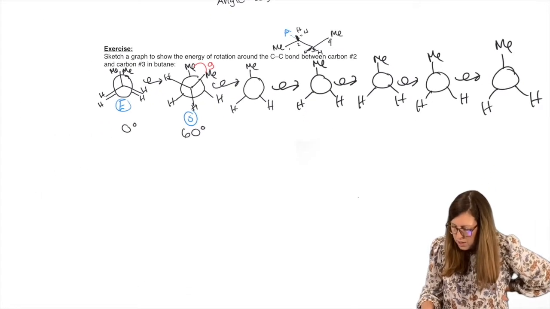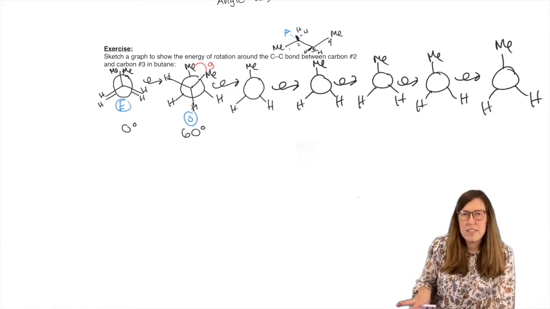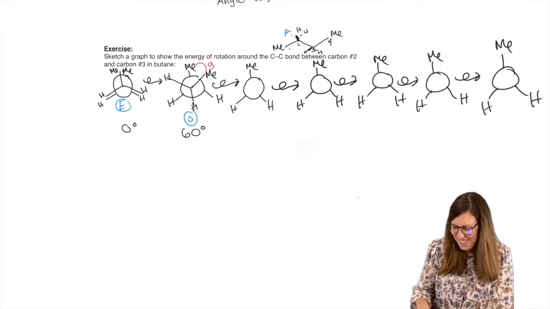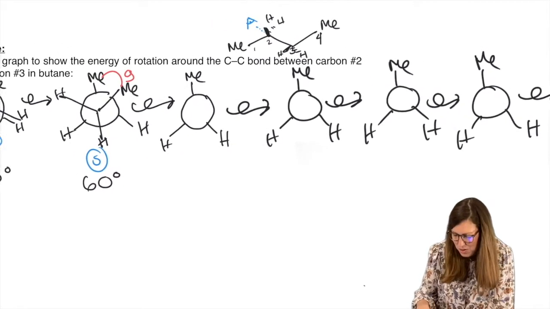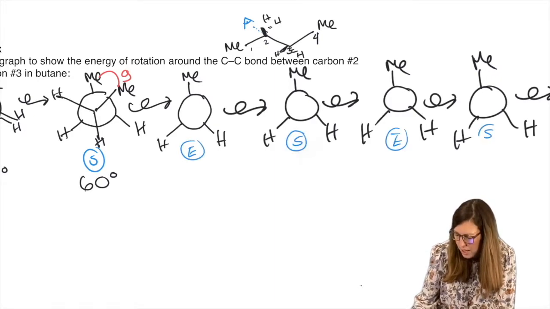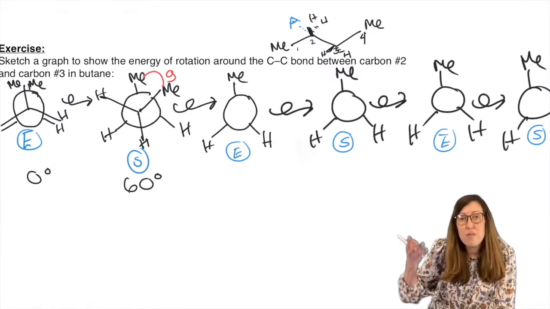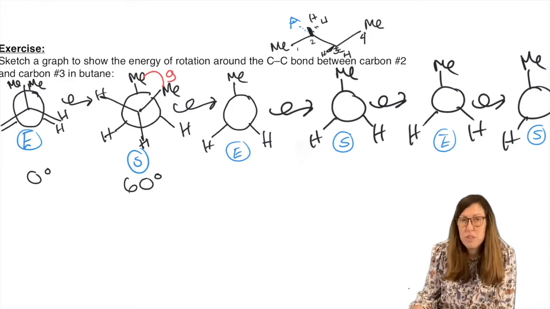All right, and then why don't we fill out what we know about the pattern? I like to do the brainless stuff first so that I don't make a brainless mistake later. So we know that we're going to go staggered, eclipsed. With every motion, it alternates staggered, eclipsed, staggered, eclipsed. Okay, so why don't we fill that framework in? Then we'll fill in the missing groups on the bonds.